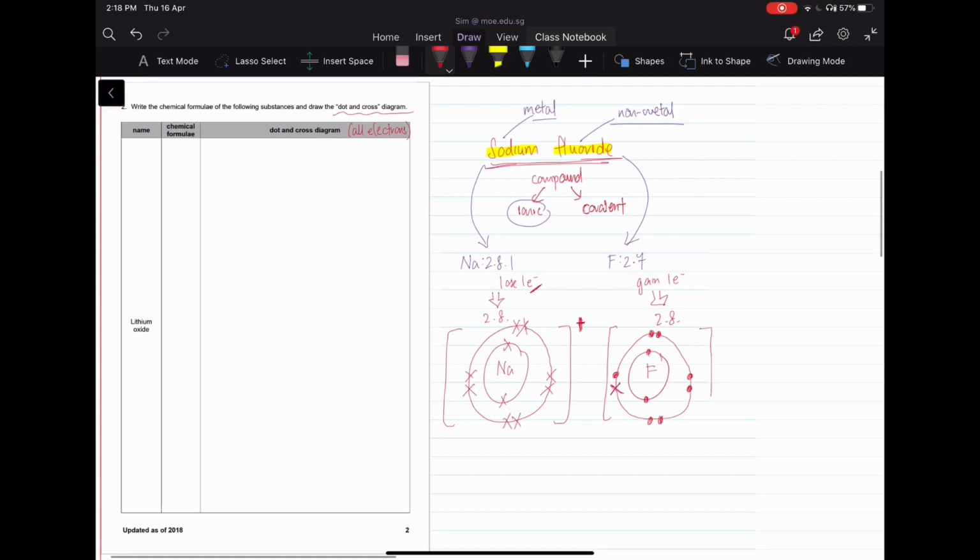And because it's an ion, I need to put a bracket. Because I gain something that's negative, I become more negative. And this is how you show an ionic compound. Of course, if you're asking what if there is more than 1 sodium or more than 1 fluorine, for instance,